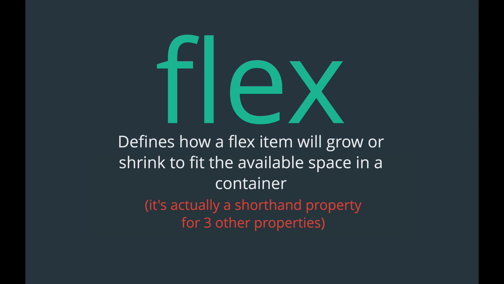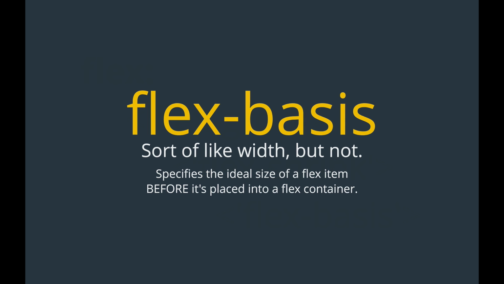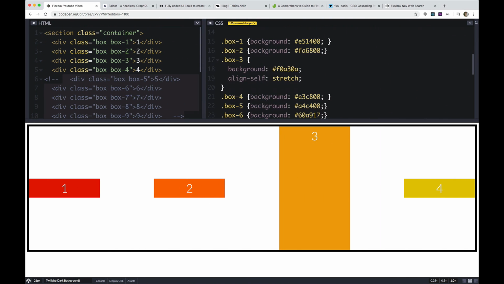Well, we can use a property called flex. It's actually shorthand for 3 different properties, and those 3 properties are flex grow, flex shrink, and flex basis. So we're going to begin with flex basis. This one is kind of like width, but it's actually not the same thing. I'll show you some differences. But what we're doing with flex basis is specifying the ideal starting size of some flex item before it's placed into a flex container. So with these boxes here, let's get rid of align self